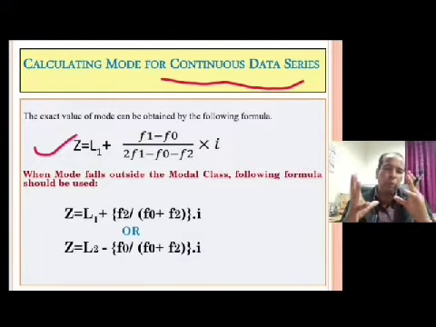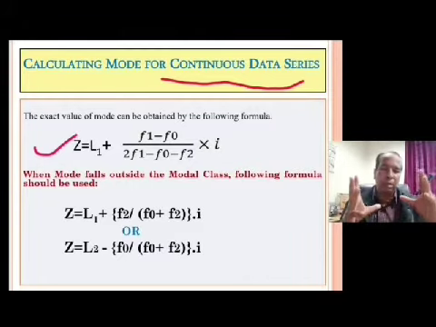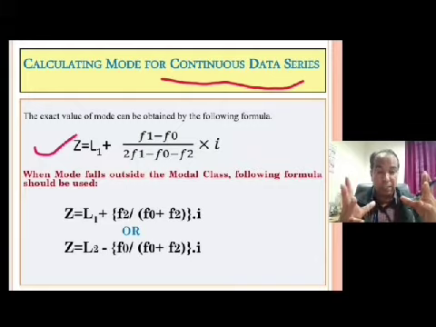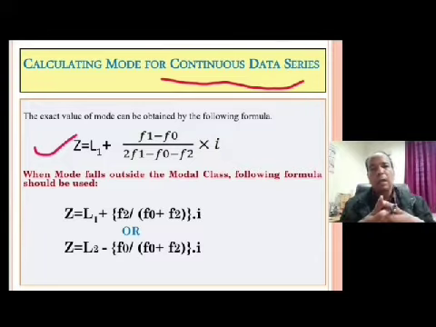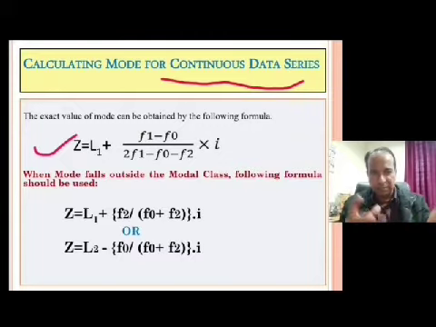Unimodal curve. When a unimodal curve is not there, when a bimodal or multimodal curve is made by the observations, by the frequency distribution, then this inspection or observation method will not work. In that case, we need to group the data. And after grouping, once we identify the modal class, then we can apply this formula once the modal class